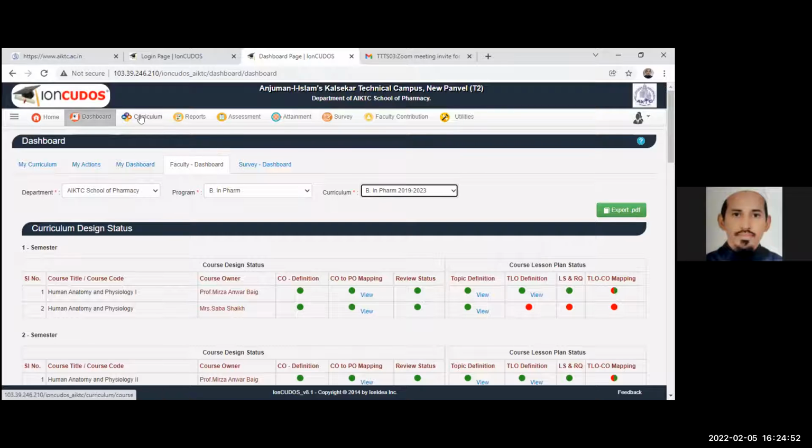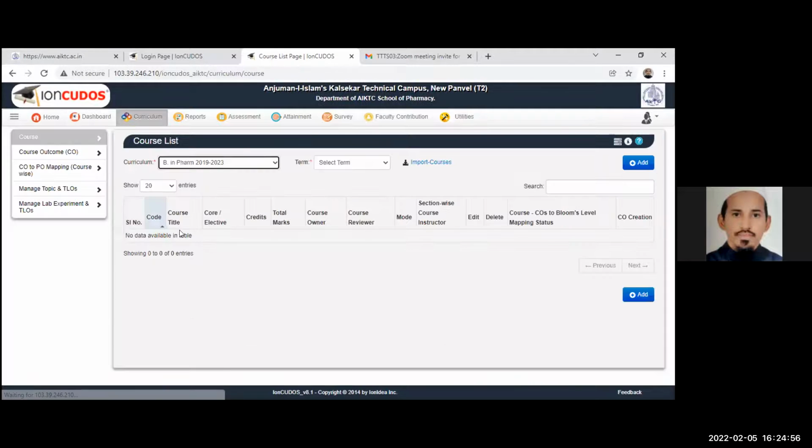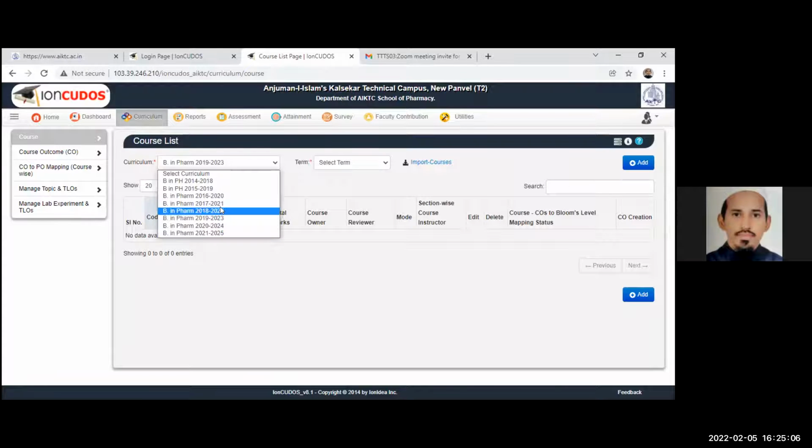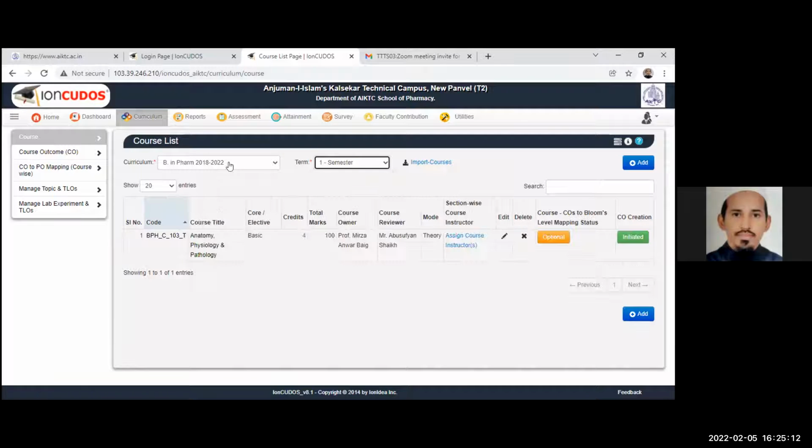Now, after dashboard, there will be a curriculum. Now see, in curriculum, at program level, we are assigning you the courses. I'm considering the 1822 batch, then you can select the semester. So the data will come here.